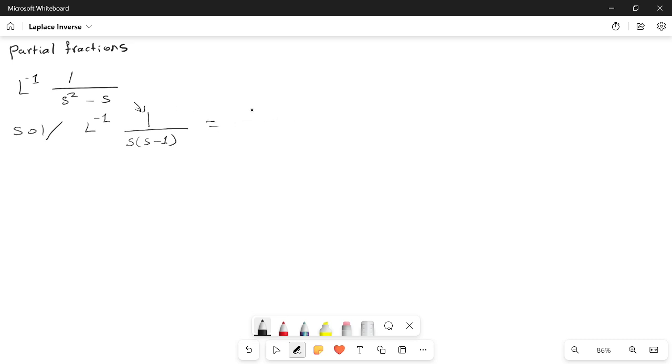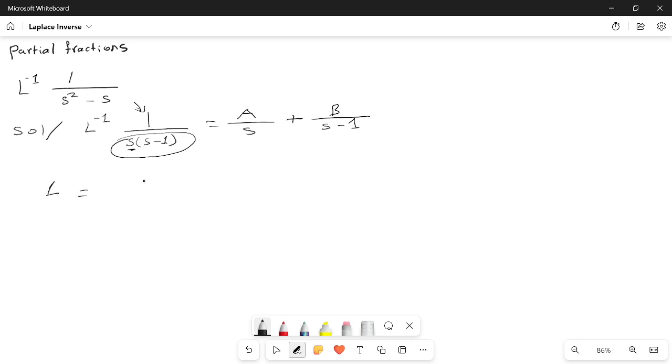So we have a constant A divided by s, plus B divided by s minus 1. Now we multiply both sides by the denominator of the left hand side. So when we multiply both sides by s multiplied by s minus 1, we get 1